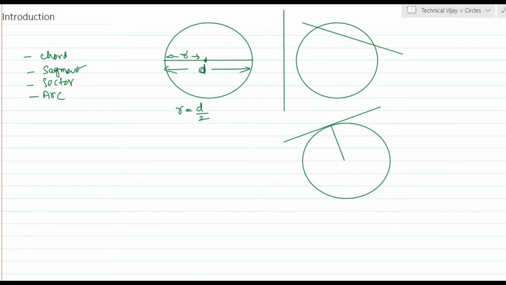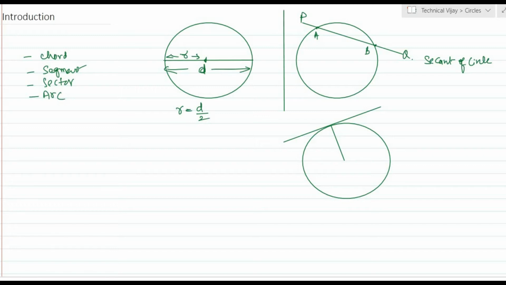Let us consider a circle and a line. This is a line and this is a circle, so we will see what the possibilities are. Suppose a line is passing nearby this circle without touching it, in this case the line is called a non-intersecting line with respect to the circle. There is another situation, a line passing through the circle, for example this PQ, which passes through the circle at points A and B. This line is called a secant of the circle.